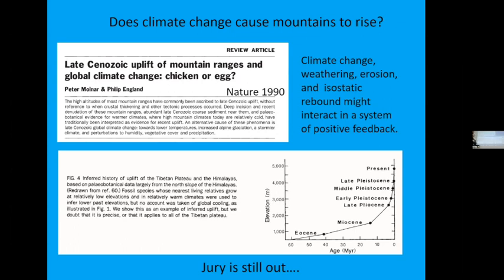And this really got going in the Northern Hemisphere in the last 3 million years. This is a bottom plot of age, 60 million years, 40 million years, present. And what they're showing is elevation of the Himalaya. They're arguing the fastest parts of the Himalaya, the most elevation increases, have been in the last 5 or 10 million years. And that's the same time as the current ice age, the most intense phase of the late Cenozoic ice age. So Peter Molnar and Philip England,